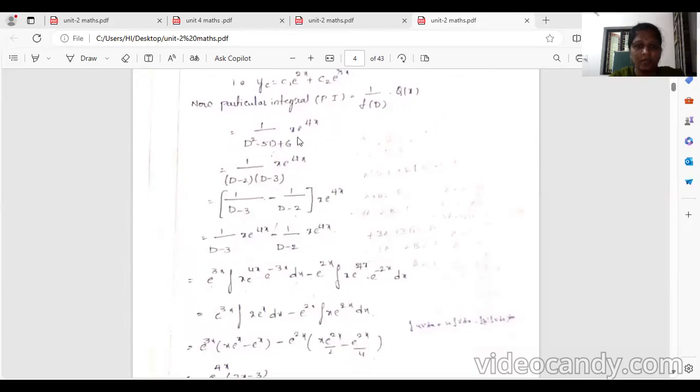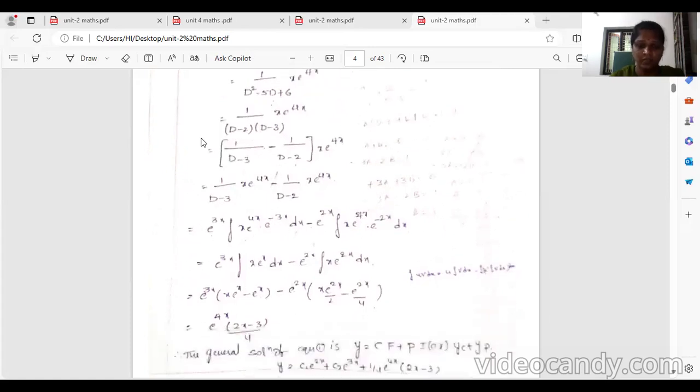In the denominator f of D can be expressed as (D minus 2) into (D minus 3). Resolving into partial fractions, a by D minus 2 plus b by D minus 3, and solving, a equals 1, b equals minus 1. So it can be written as 1 by D minus 3 minus 1 by D minus 2 into x into